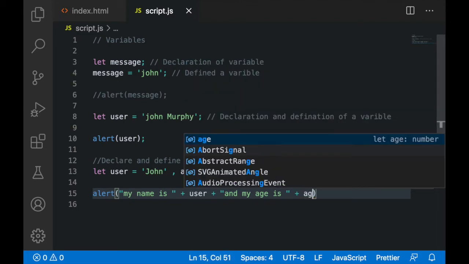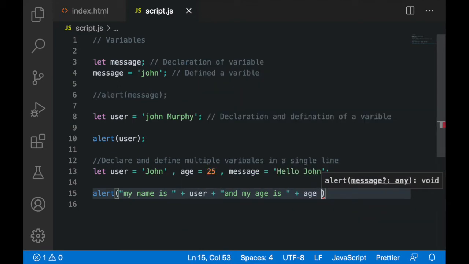Sorry, it should be age. Then again a plus sign, and here write just your message after a space.